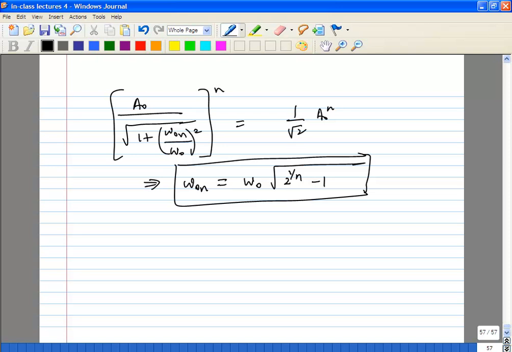And you can also rewrite it in terms of omega u. Remember that A naught omega naught is omega u, so you can also write equals